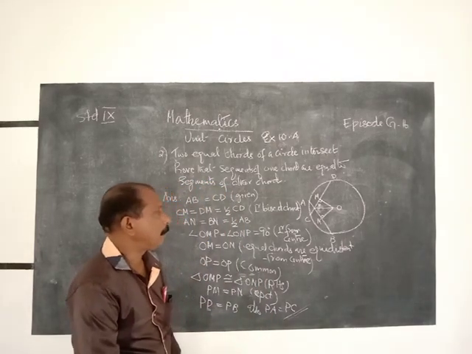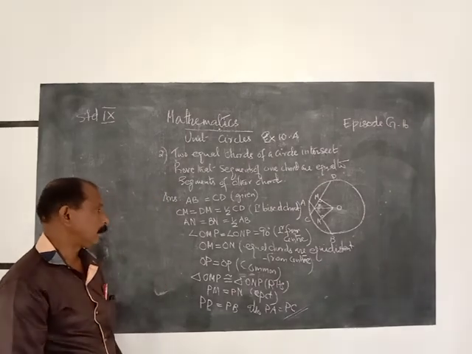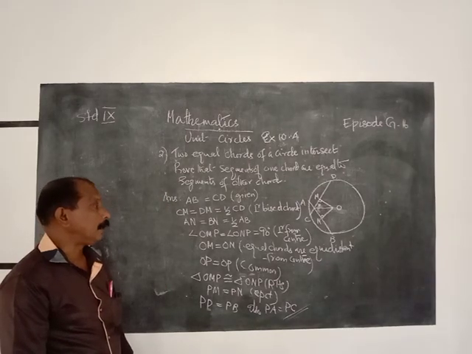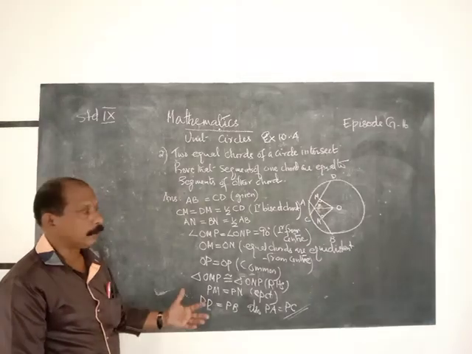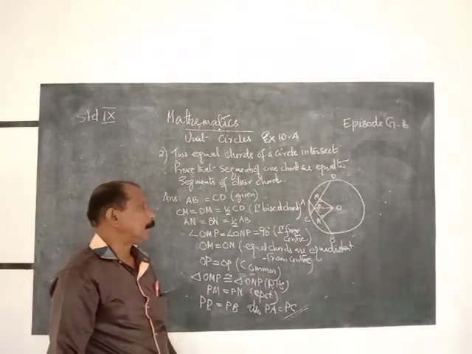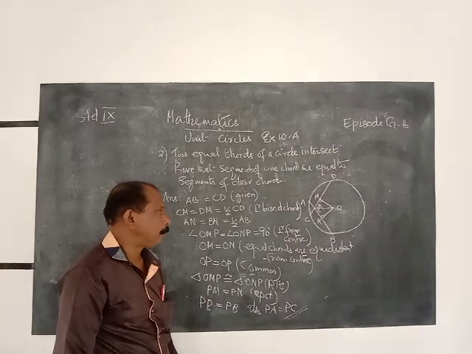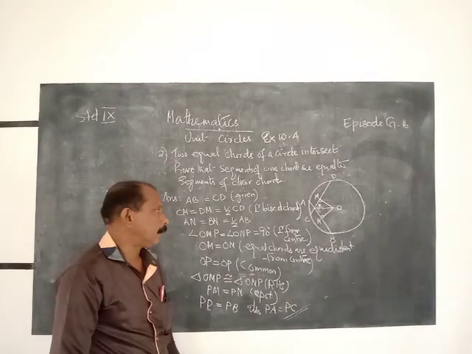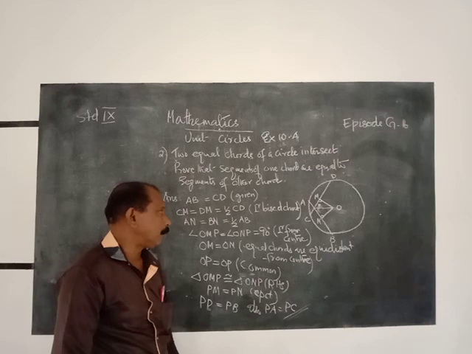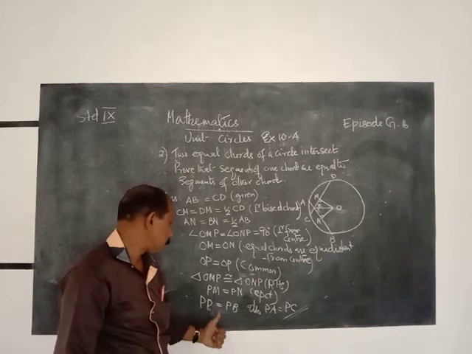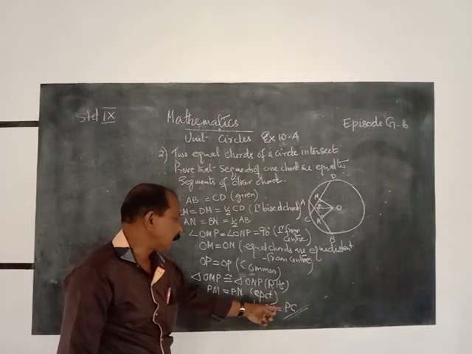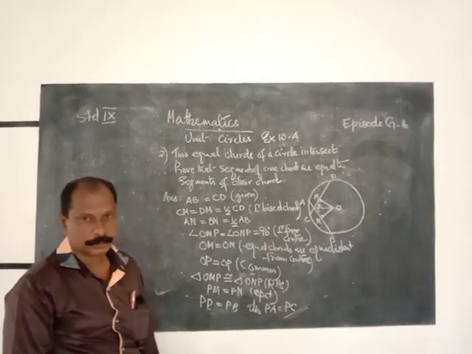That is, PM is equal to PN. That is easy. Therefore, MD is equal to NB, that is we know the result, and PM is equal to PM, that is equal. Therefore, PD is equal to PB, which implies that AP is equal to PC. That is, PA is equal to PC. That is the answer. Clear?